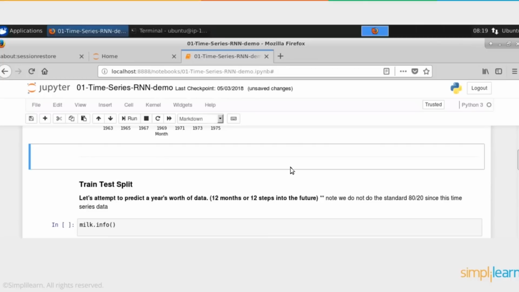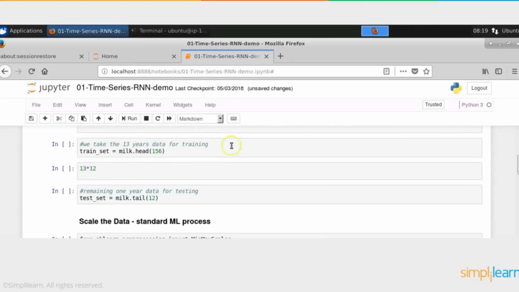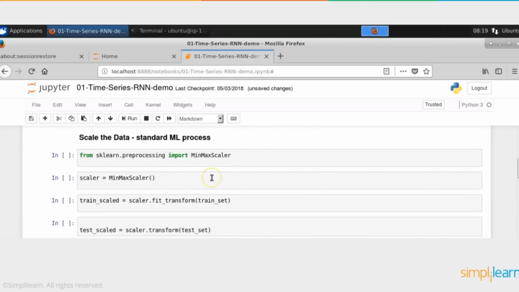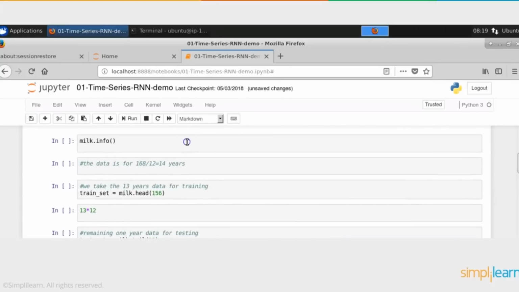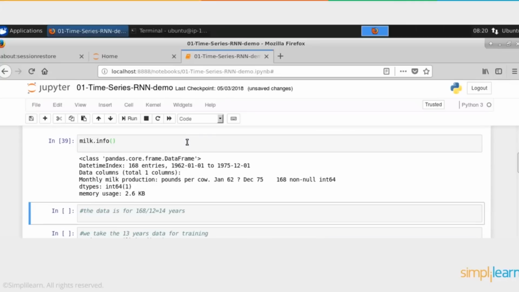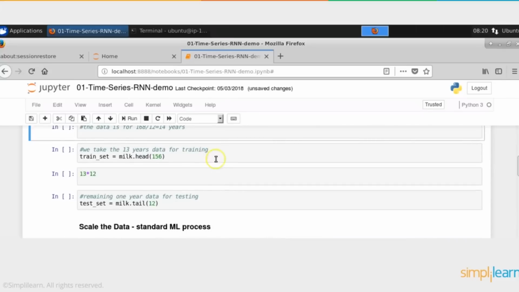Okay, so the next thing is to check, if we can run an info, it will tell us what the information about this data set is. So let us just run that. Okay, so it is just telling us how many total columns there are, what the size of the file is, and so on and so forth. Again, in case you're interested in doing some